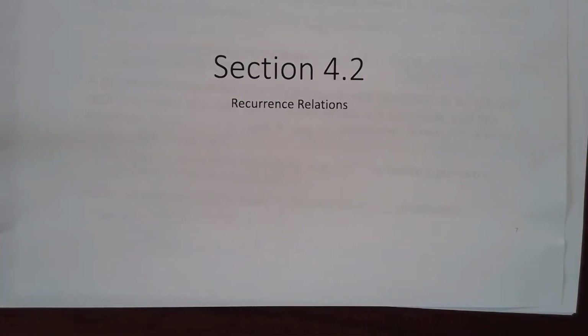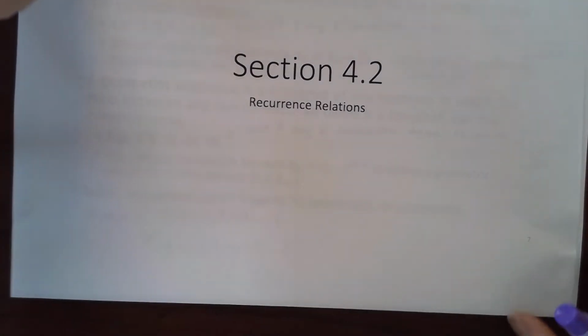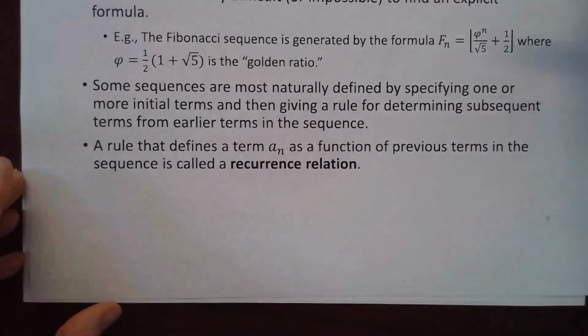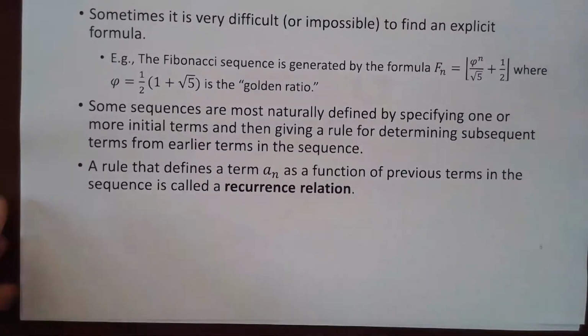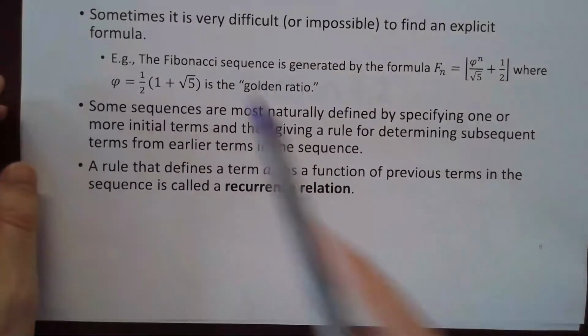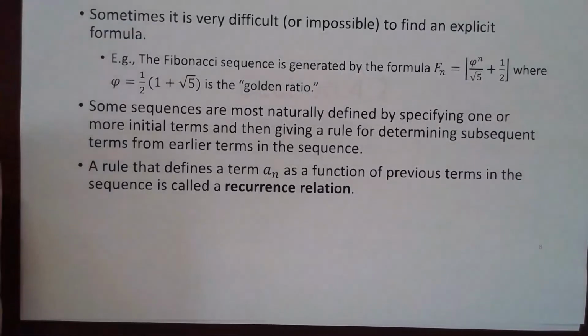All right. And so, recurrence relations, you might have seen some of this as well, maybe not. Okay. So, we like explicit formulas. They make it really nice for us to be able to, like with the arithmetic sequences and the geometric sequences, it makes it really easy to find a specific term in that sequence. And so it would be nice if you could have explicit formulas, but the Fibonacci sequence, if you actually found